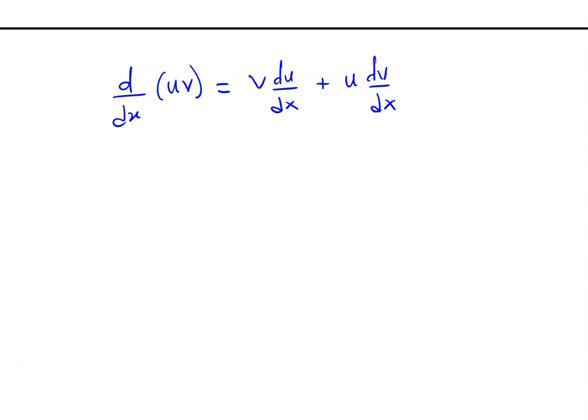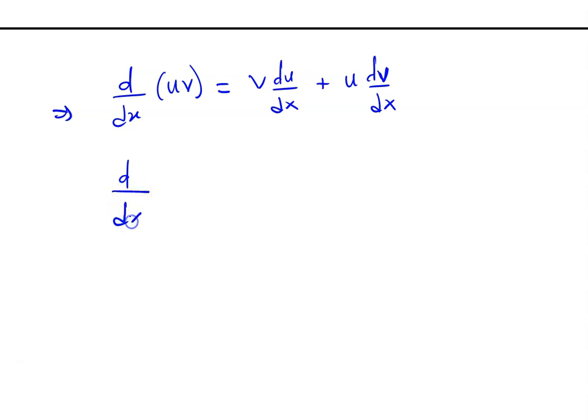You can recall that when we were doing the product rule, we said that d/dx of a function u times v is going to be v du/dx plus u dv/dx. Do you get it? Let's make u dv/dx the subject. So with this relation, if I make u dv/dx the subject, then what do I get? I'm going to get